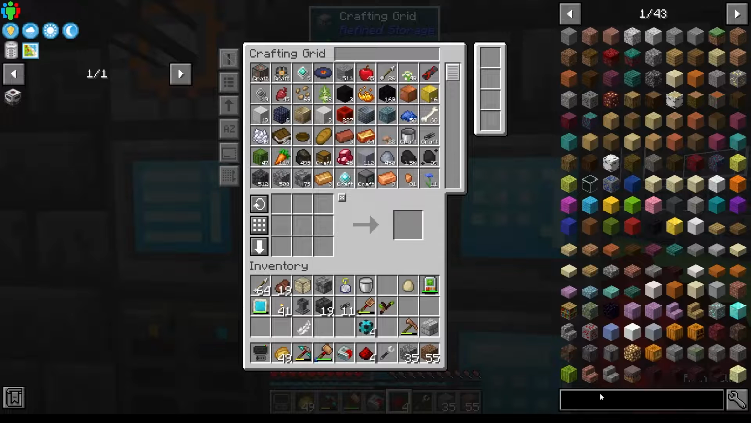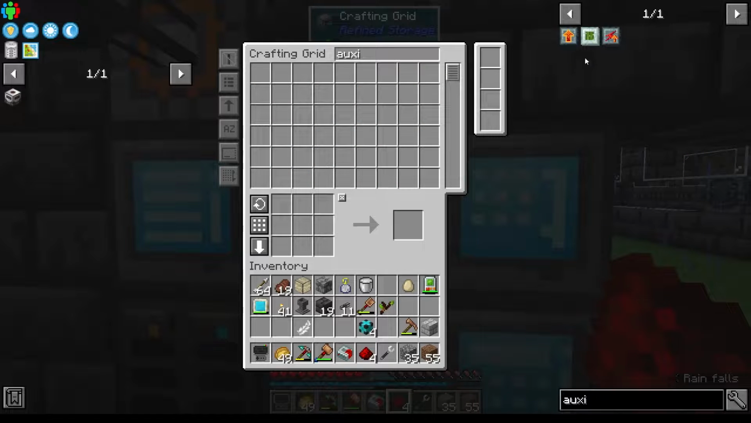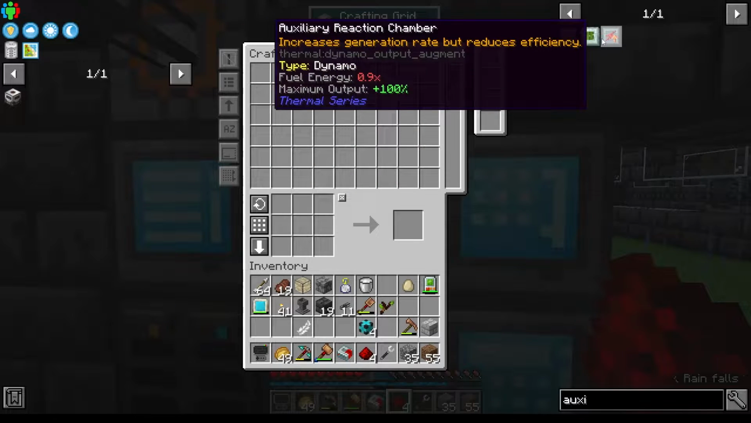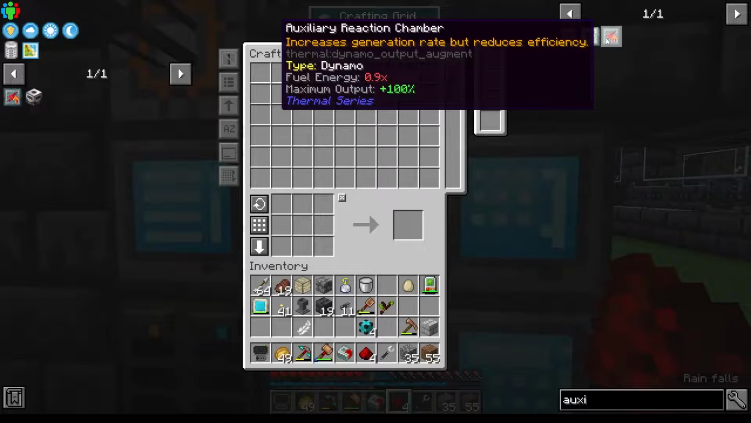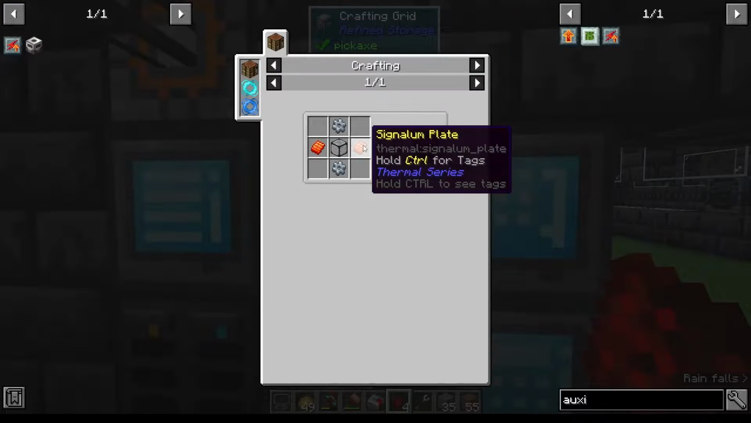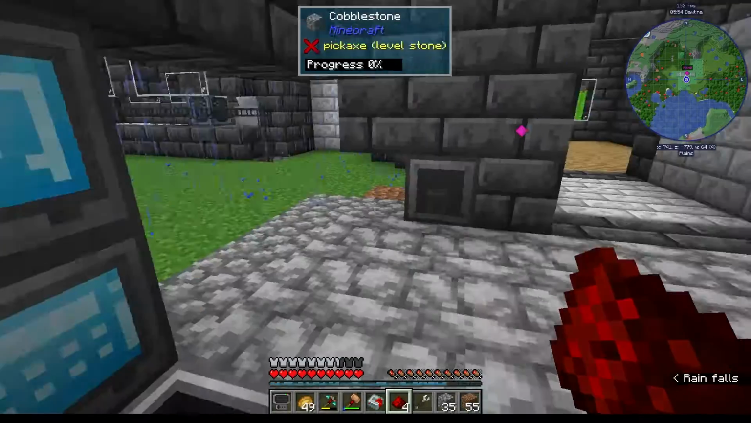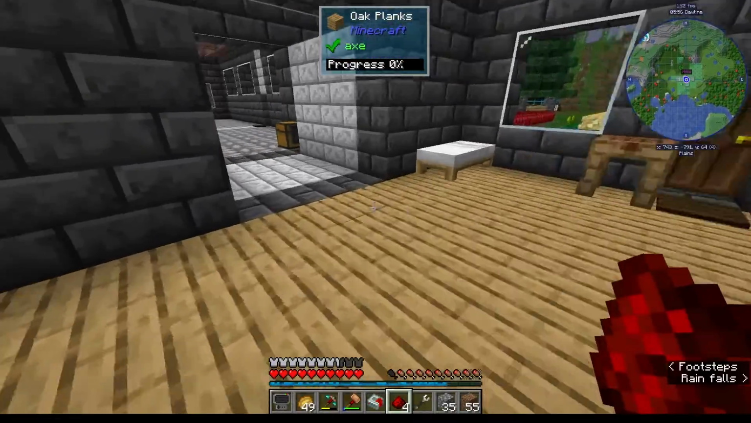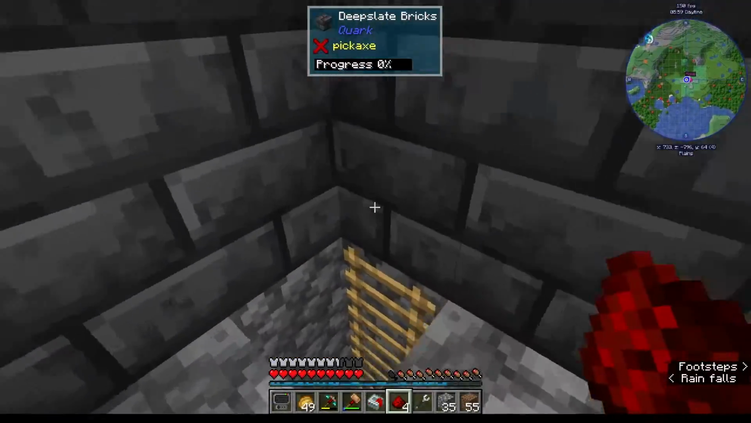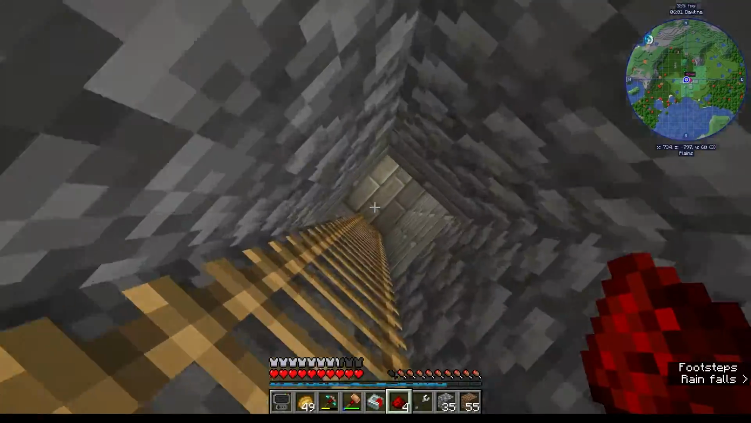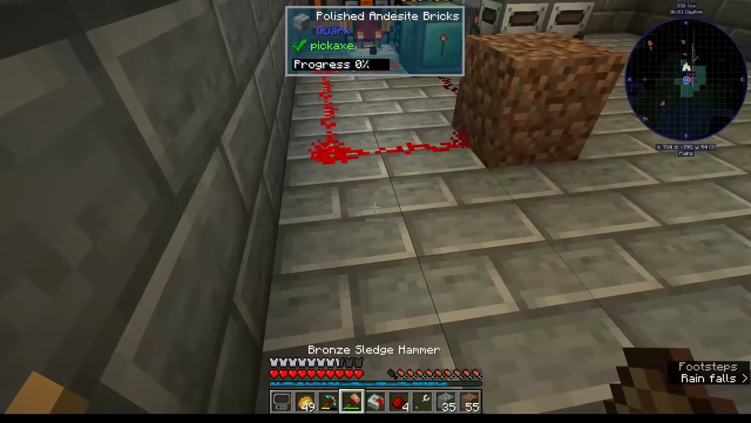What about the other augments? I think there's an auxiliary something augment. Yeah, it would lower its efficiency with fuel, but increase its output. You also need signalum. You need signalum plates and hardened glass. Okay, that is also not something we're going to do just yet. But at least we'll be able to